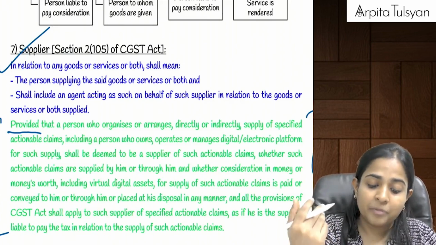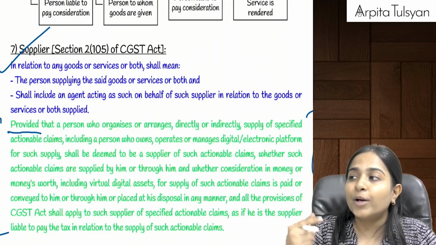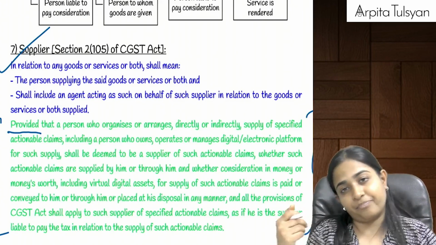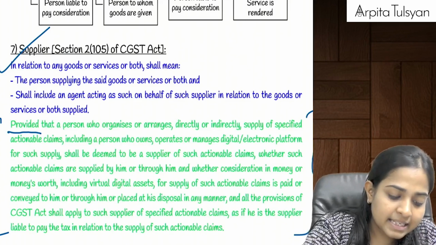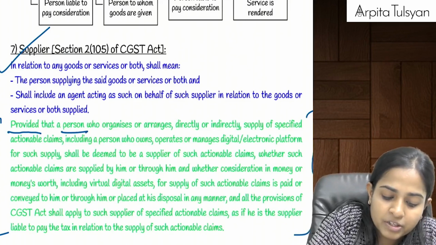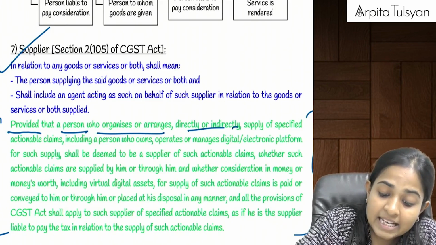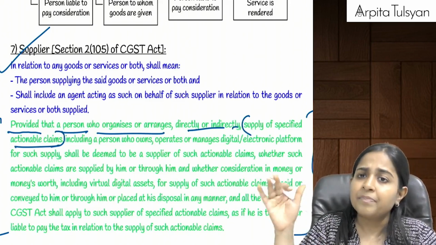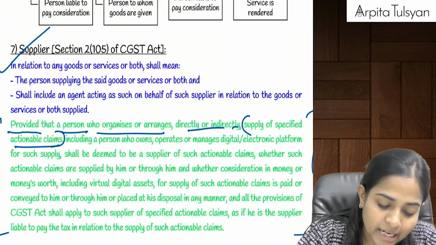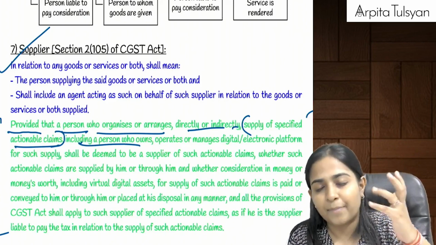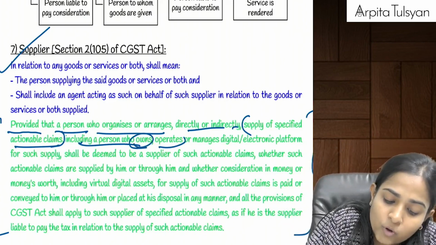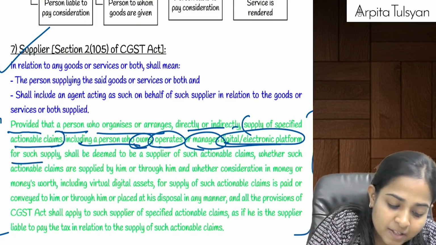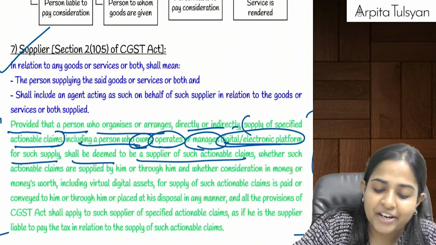Now this supplier term will also include any person who is providing online money gaming, online gaming, etc. See this: provided that a person who organizes or arranges directly or indirectly supply of specified actionable claims, betting, lottery, gambling, horse races, casinos, online gaming, including any person who is directly supplying the specified actionable claims, or any person who owns, operates, or manages a digital or electronic platform, any application, any app, for such supply, shall be deemed to be the supplier of such actionable claims,